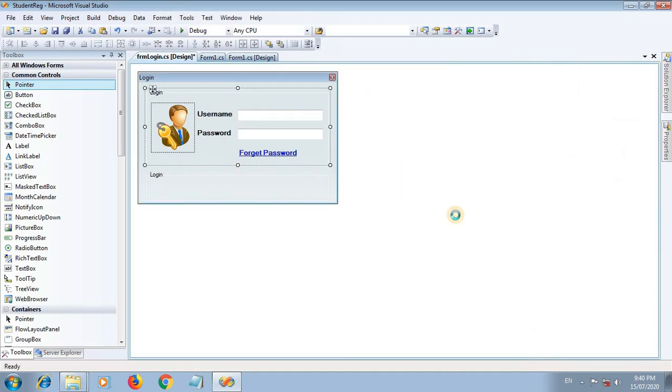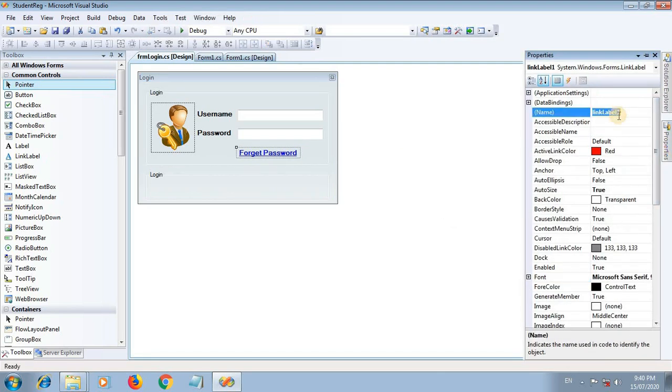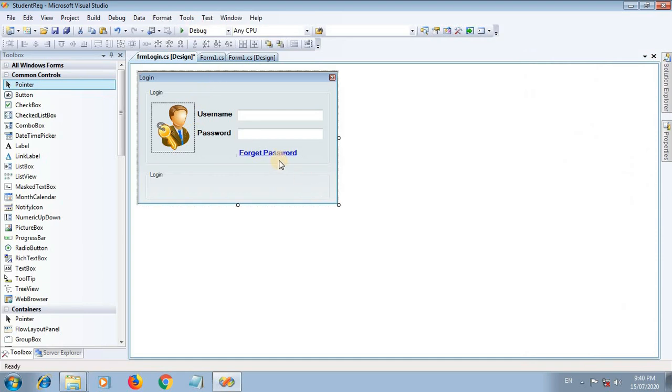This is a link label, and provide the name property as link forget. Whenever the user clicks on the link forget password, we recover our password.